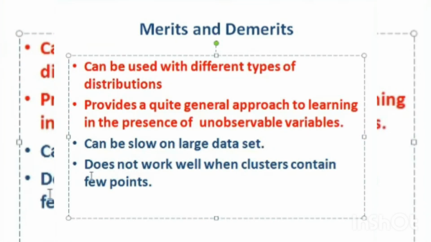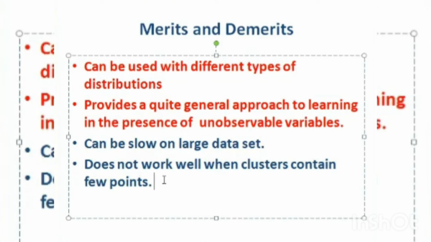Okay, and then it does not work well when the cluster contains few points. If the cluster has few points, in the sense that the hypothesis values are less, you can't estimate correctly. If I just go for only grading, I can't say this student is best, because he may lag in software features. He doesn't have logical thinking. He is a bookworm. Then whatever I am selecting, that student is not best for my requirement, right? Isn't it? Can you get my point?